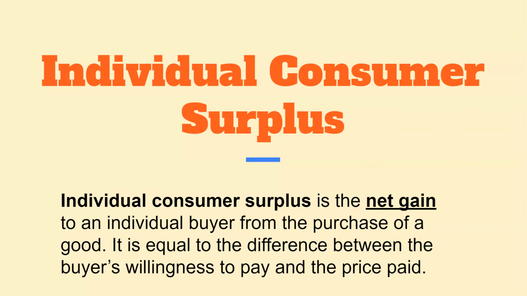So the individual surplus is that net gain. Alicia, for instance, willing to pay $59 for a book. At a $40 price tag, her surplus is $19. This is the net gain to an individual buyer from the purchase of a good. It is going to be equal to the difference between what you're willing to pay and the price you actually